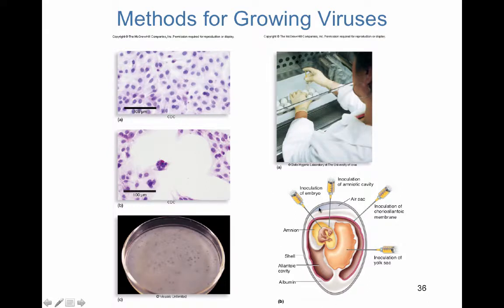So here we have the embryo, cell lines, looking at cytopathic effects. You also can infect bacteria with bacteriophage, a lawn of bacteria on the surface of the plate, and look for clearing on that plate. So wherever the bacteriophage have infected those bacteria, you would see these patches or these zones as a result of lysis from that infection.